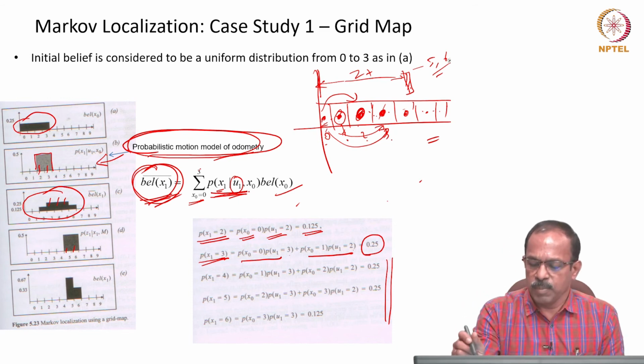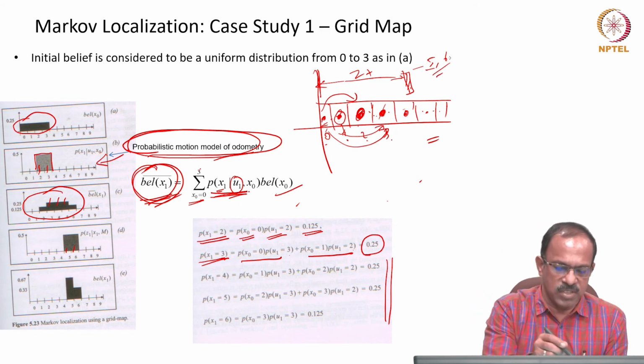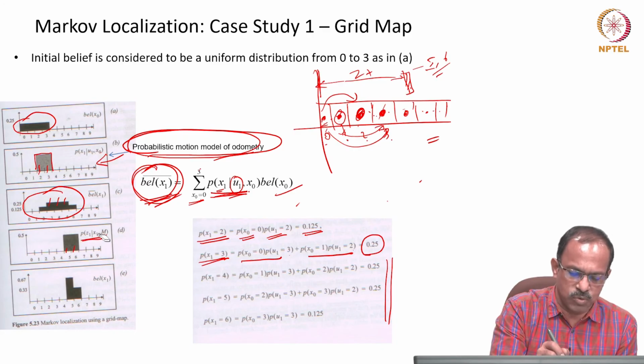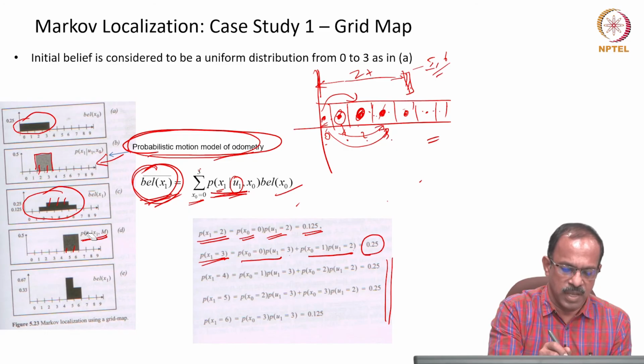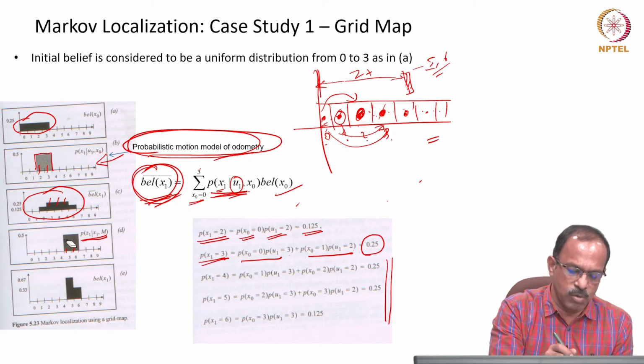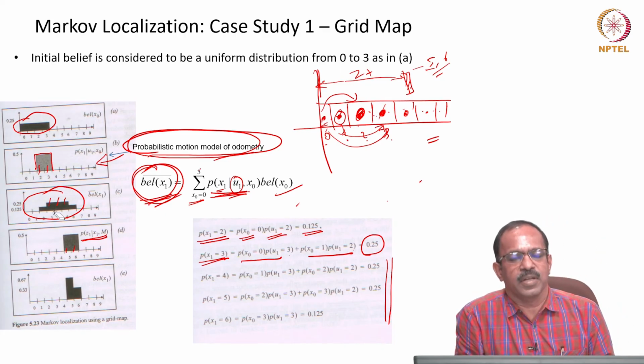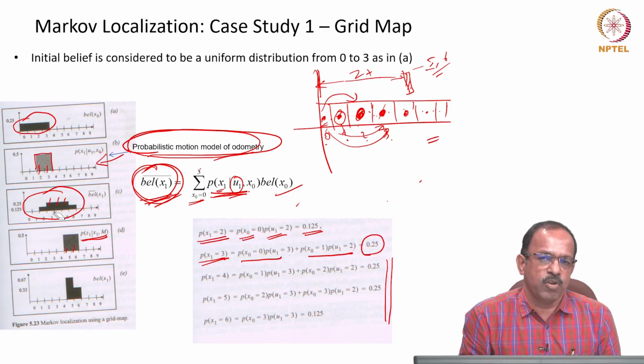So, the probability that it could be 5 or 6 are equal. So, you have 0.5 probability. So, P(z1 | x1, m), given the map information and the sensor data z1, says that it could be 5 or 6 away from the starting point, with a probability of 0.5.